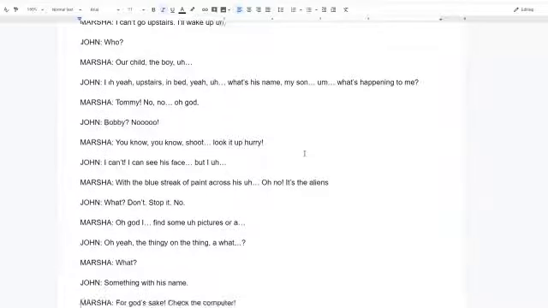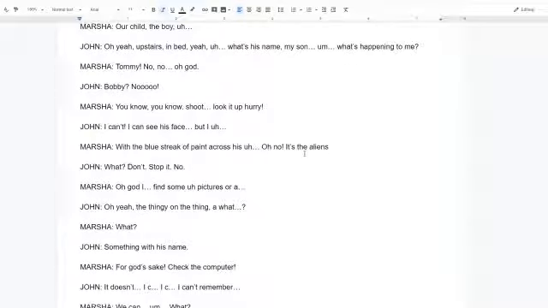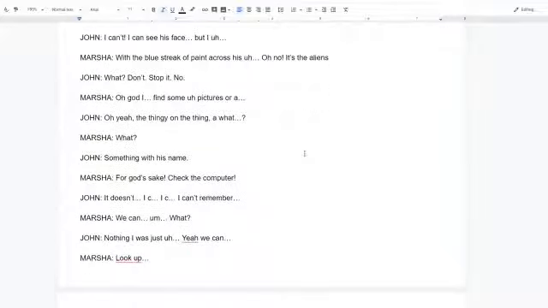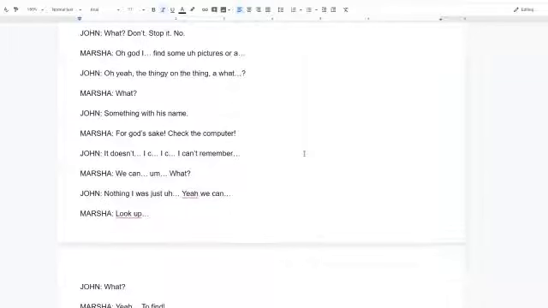What's his name? My son. What's happening to me? Tommy? No, oh God. Bobby? No. You know, shoot, look it up, hurry. I can't. I can see his face, but with the blue streak of paint across his head. Oh no, it's the aliens. What? Don't. Stop it. No. Oh God, I find some pictures or, oh yeah,